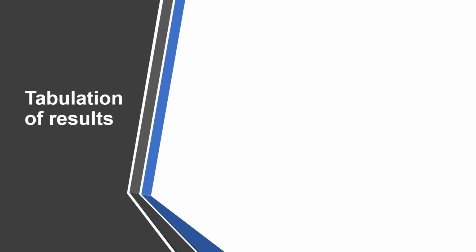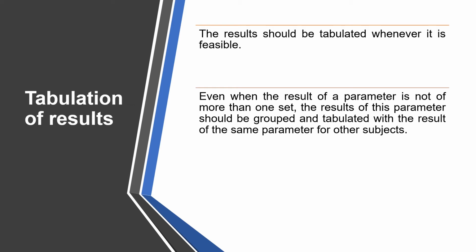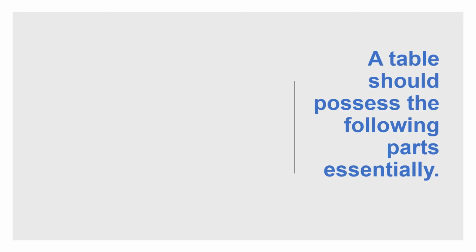Moving to the tabulation of your result. The result should be tabulated whenever it is feasible, and even when the result of a parameter is not of more than one set, the results of this parameter should be grouped and tabulated with the result of the same parameter for other subjects. It can also be grouped or tabulated to observe any correlation or relevancy with other relevant parameters. So a table should essentially possess the following parts: